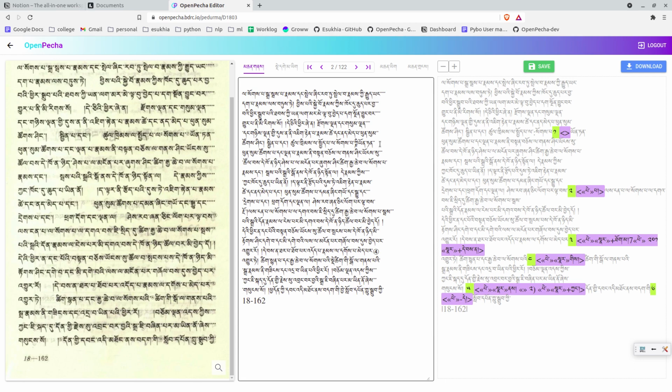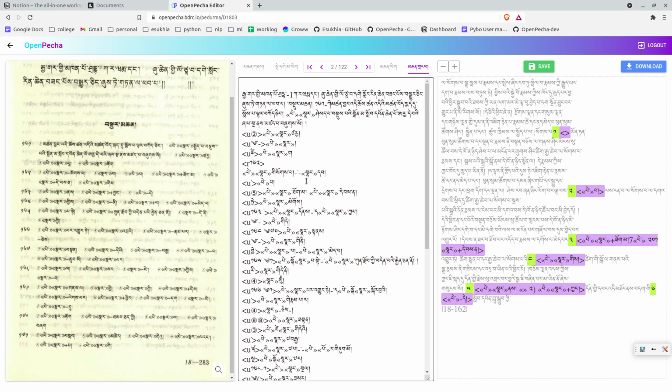So we will go to Chendang, and we will check whether all the nodes are separated using node marker or node annotation. Since we are on page number 162, you don't need to look at other nodes. You can note below this one the page reference that we have put earlier.